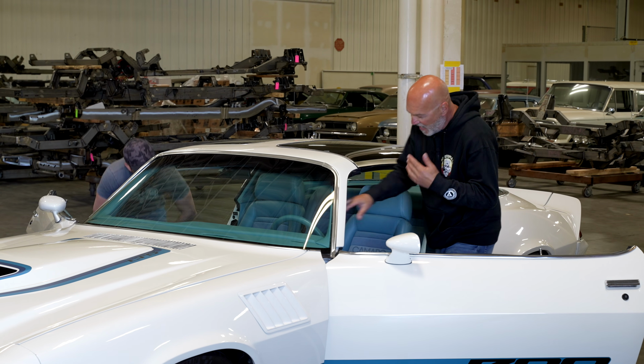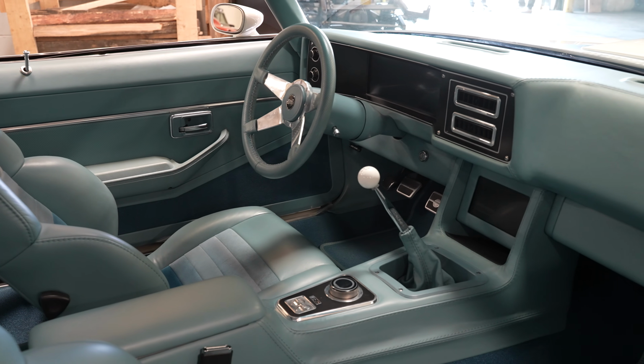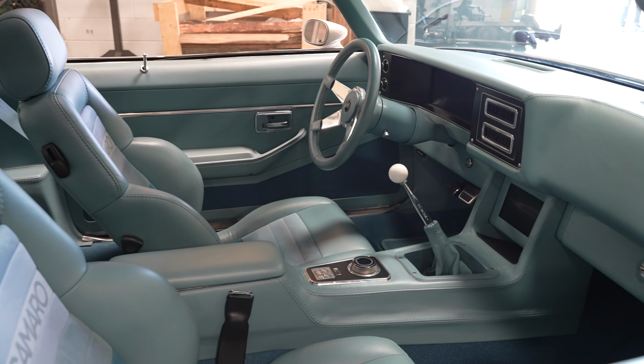God, dude, I've been looking so forward to getting in here, man. Oh my God, this is... Yeah, the interior's rad in this one. So this thing...